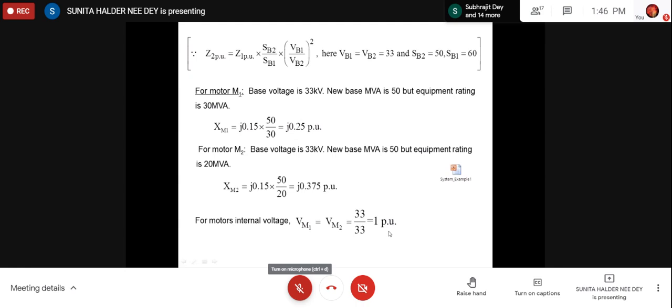So for a synchronous motor, it will be required to consider it, and generally if nothing is mentioned, then it will be a synchronous motor. We shall represent it as a voltage behind the reactance. Otherwise, if it is an induction motor, then we shall represent it by its equivalent circuit. And if you see the equivalent circuit of an induction motor, there is no active component there, but in the equivalent circuit of a synchronous motor, there is an induced EMF.